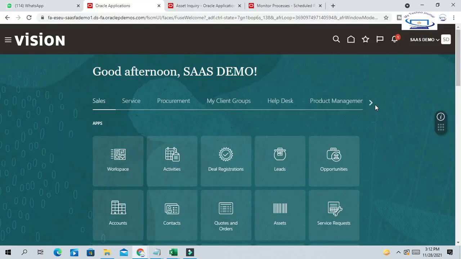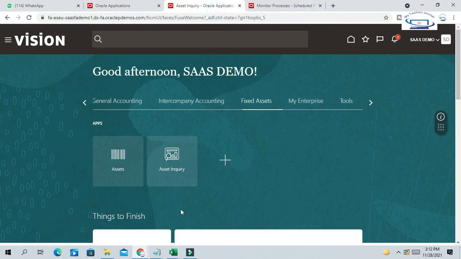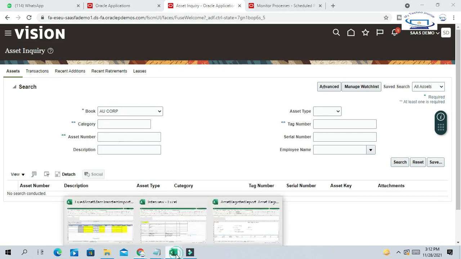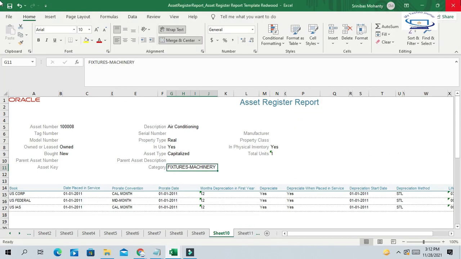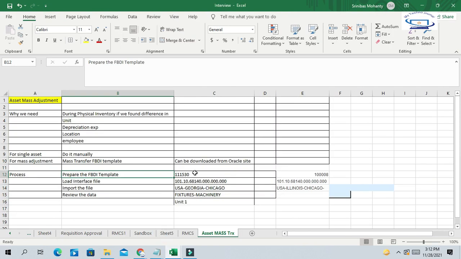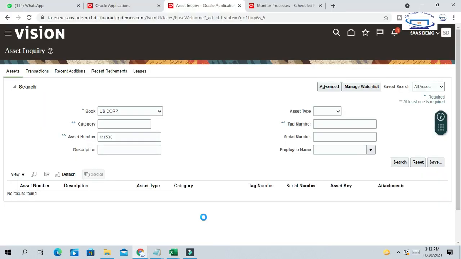So let us go to the Oracle Asset Workbench. In Asset Workbench, you can see the asset inquiry. In asset inquiry, let's verify one asset. We'll test with one particular asset.